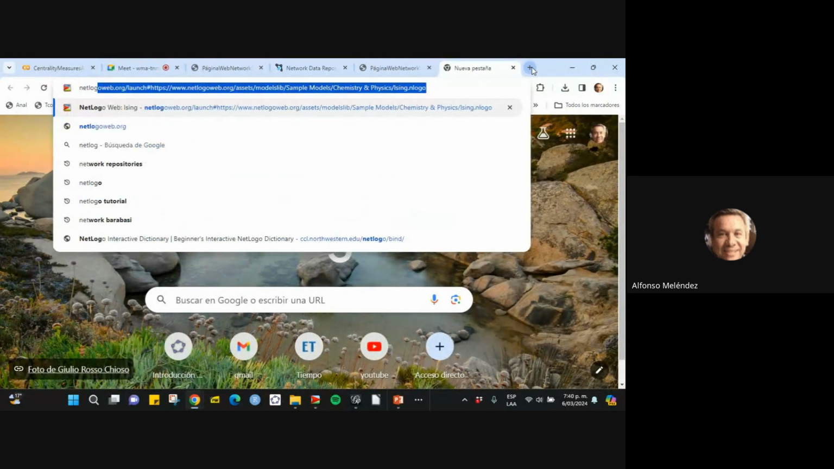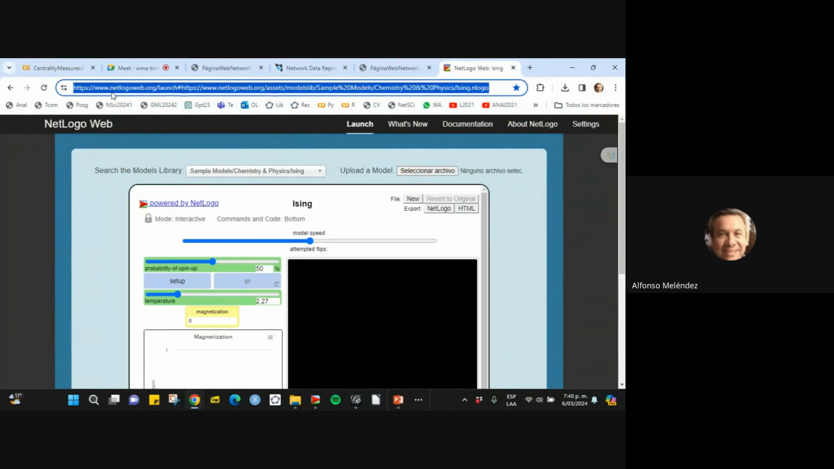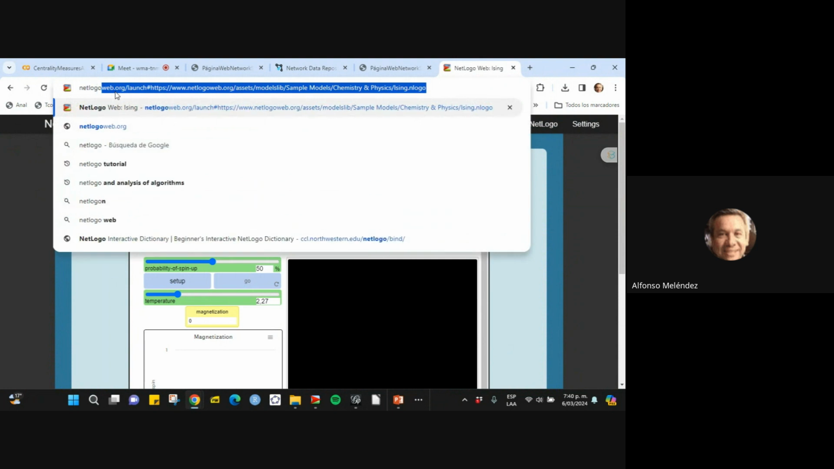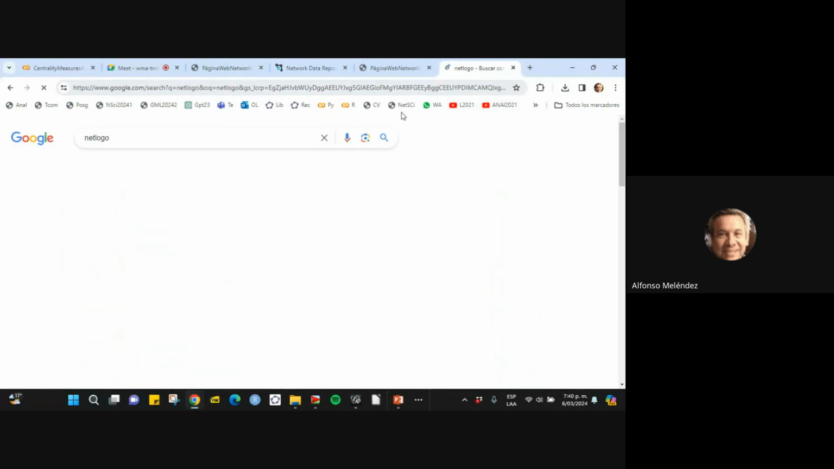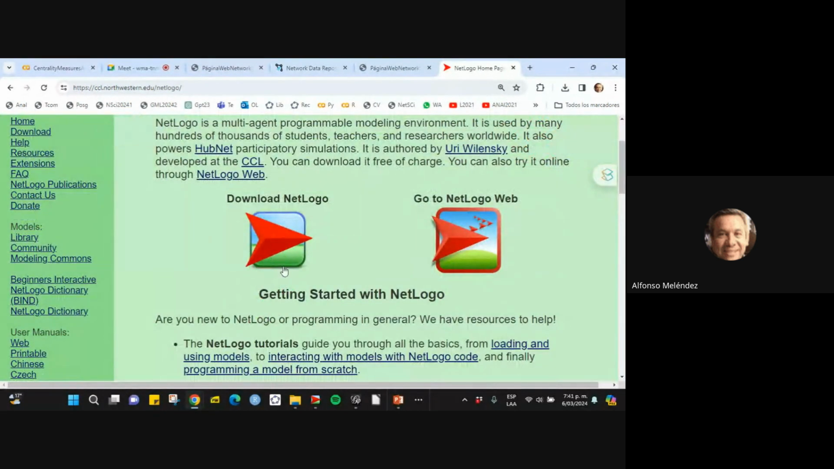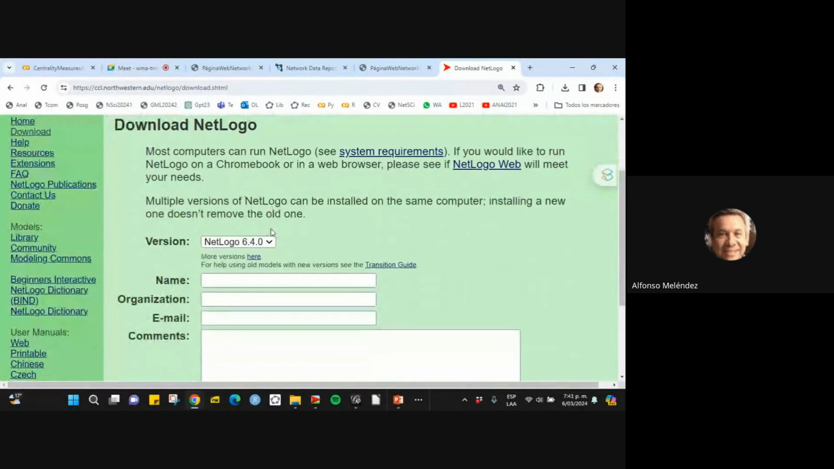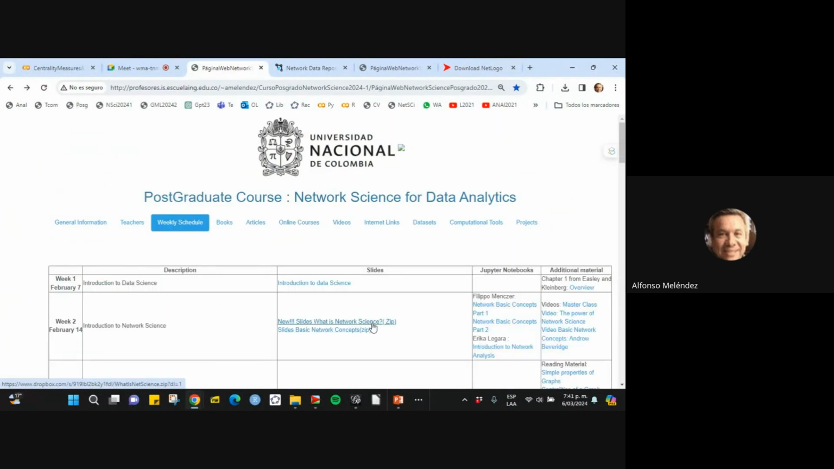NetLogo. It's a software. If you put NetLogo, you go directly to the website. Okay, homepage. If you download NetLogo here, it's free, no virus. So if you have this version of NetLogo and you download this zip file, you could